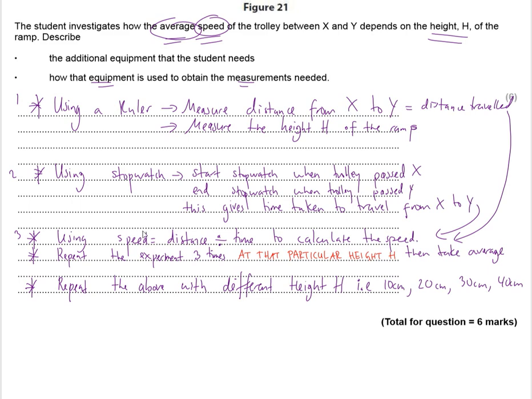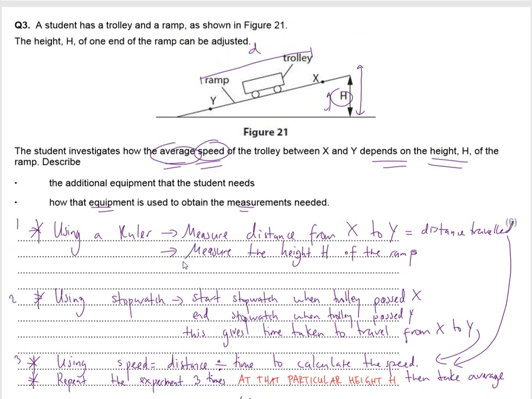We're showing how to calculate the average speed, and then we're showing how to get different results for different heights, which the question says depends on different heights. This should be enough for me to get my 6 marks there. Now make sure we understand what's happening here. We want to show